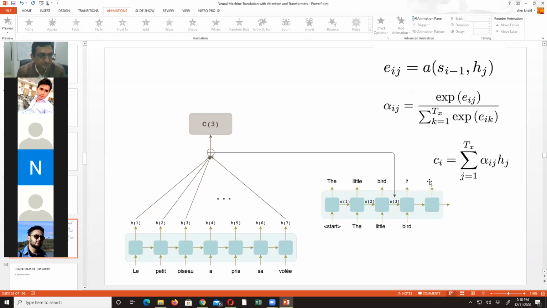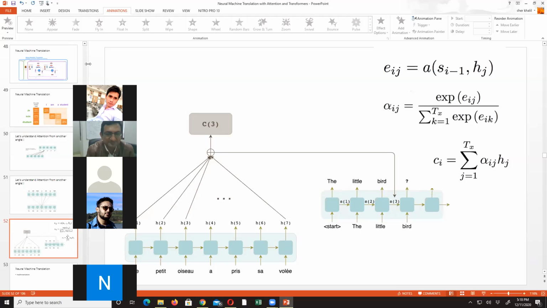Yes, Irfan? So this is what I was asking at that time, how the decoder is trained to see what the encoder has generated and decode it. So this is the mechanism you just explained. Right. So you are clear now? Yes, sir. Okay.